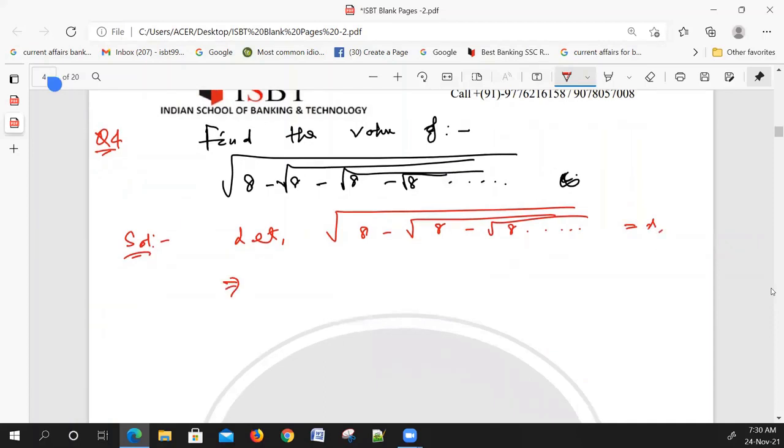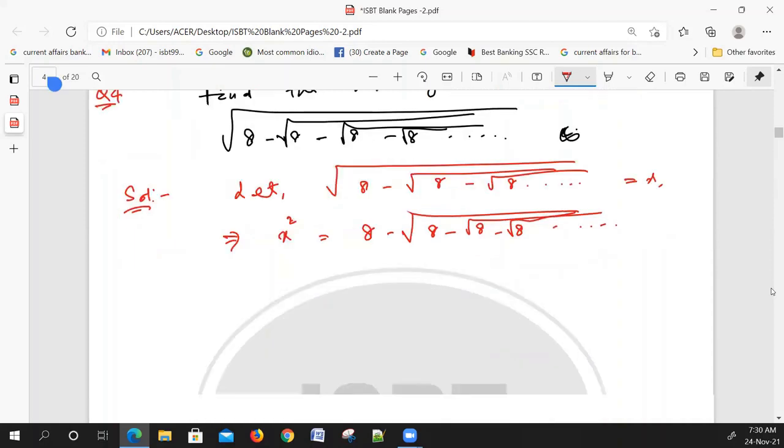If you square both sides, it should be x square is equal to 8 minus root 8 minus root 8 minus root 8, like this. In the next step, this can be written as